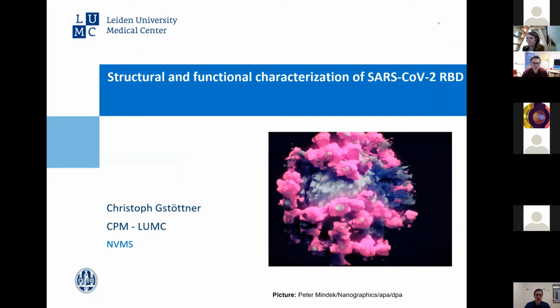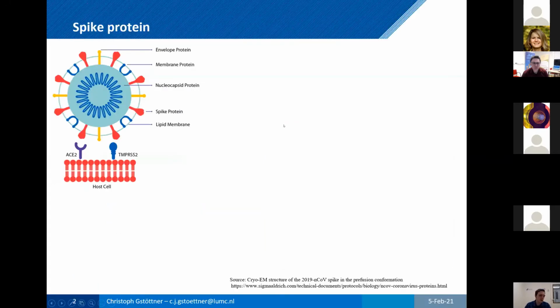So today I would like to talk about the structural and functional characterization of the SARS-CoV-2 receptor binding domain. As we heard already from Charlotte, there are non-structural proteins, but now I will talk about the structural proteins. In the coronavirus you have, for example, the envelope protein, the membrane protein, but also the spike protein. And this spike protein is a very important protein because via its interaction with the ACE2 receptor,